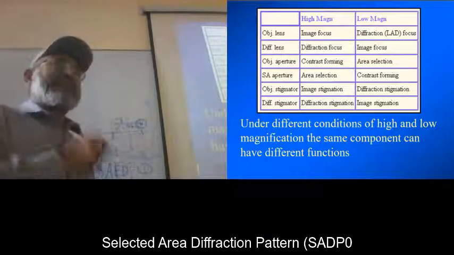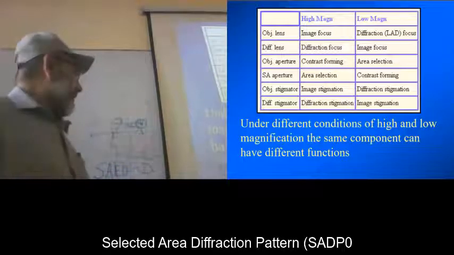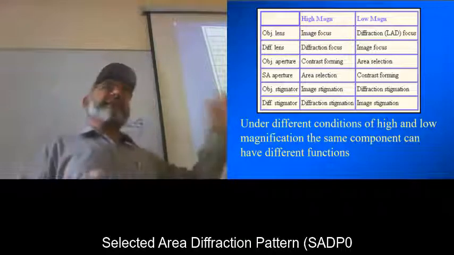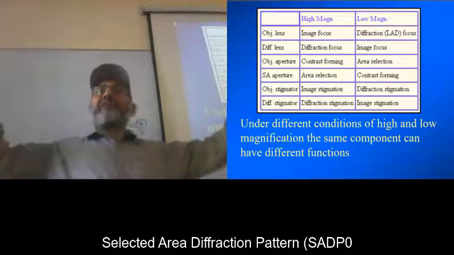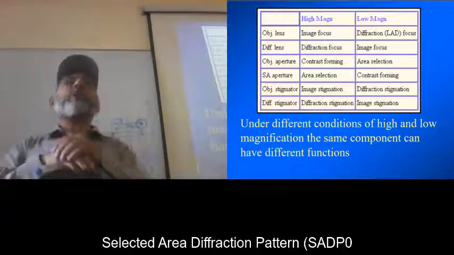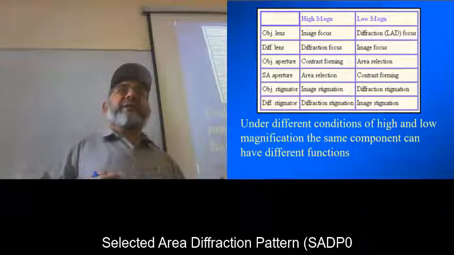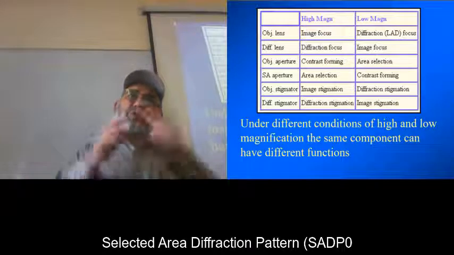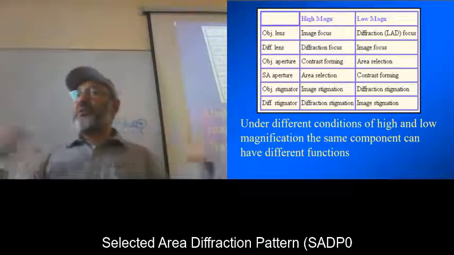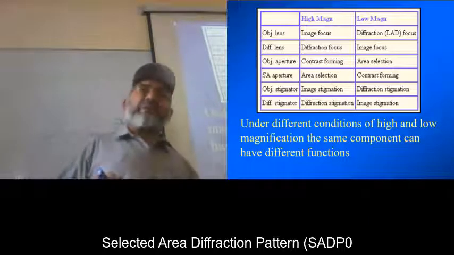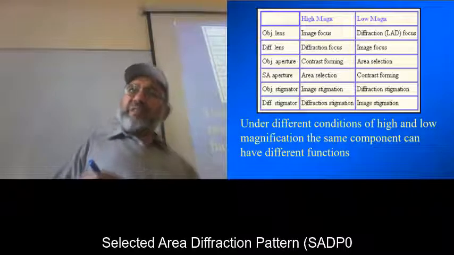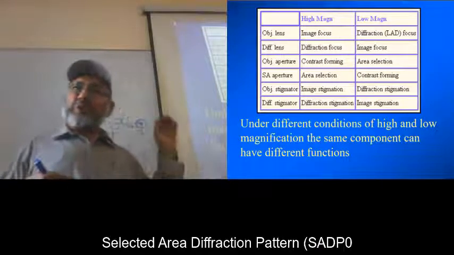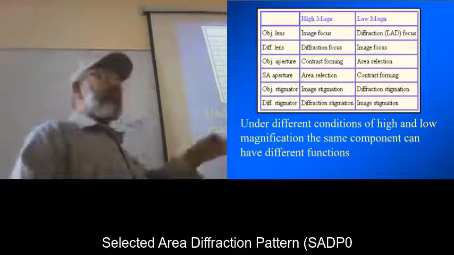And I explained to you that if that selected area is not there, then the spots from different crystals are coming, and you can't properly say from which crystal these spots are coming. And they are so confusing that there is no proper symmetry and geometry in those spots. And that selected area diffraction aperture is used so that all the beams coming are just